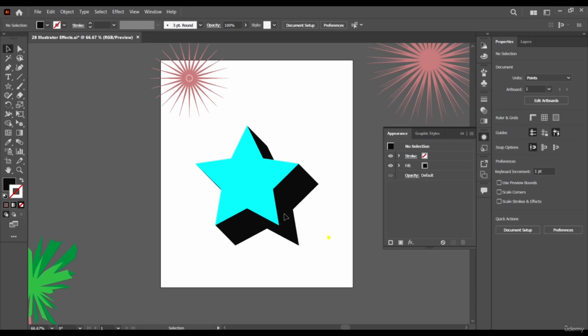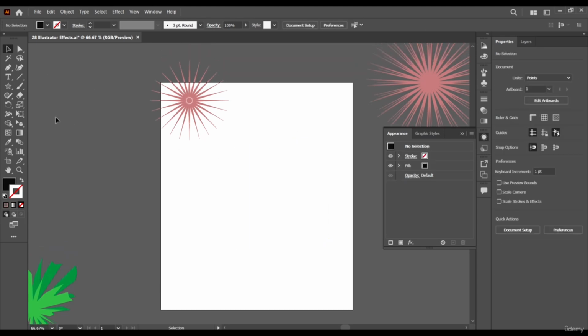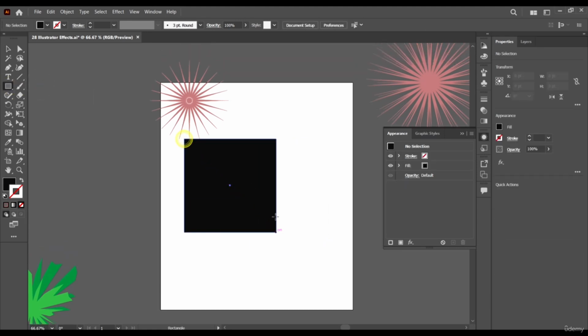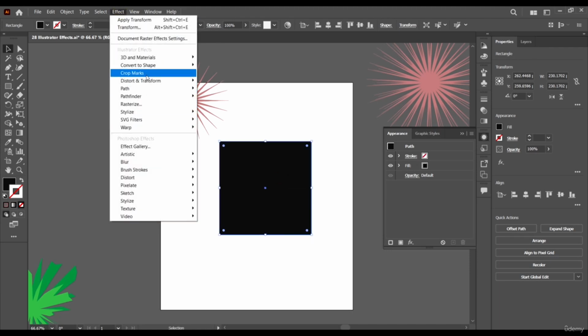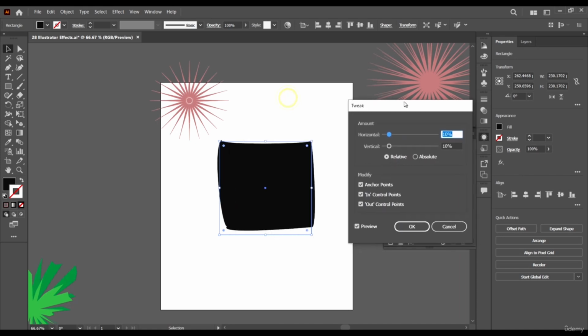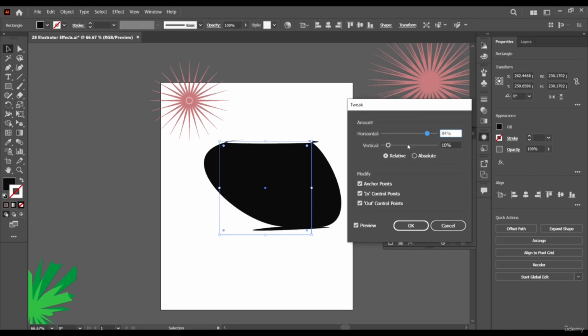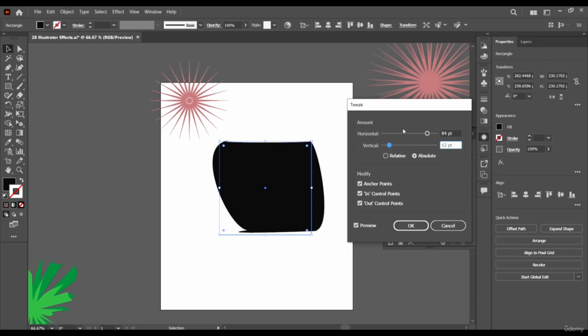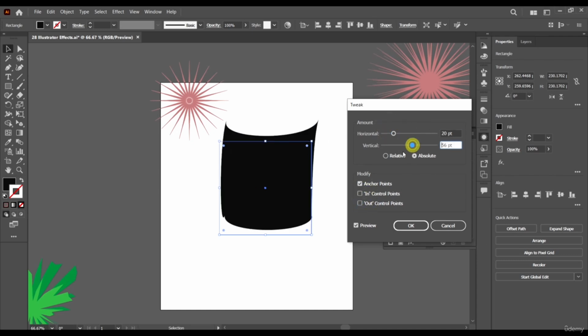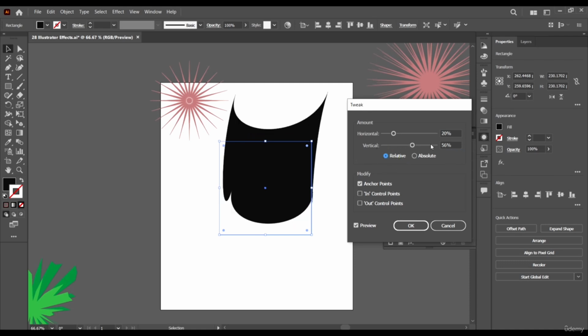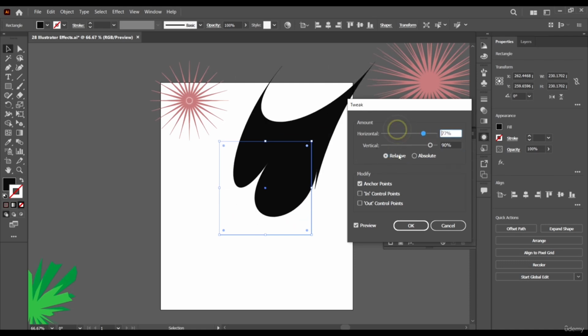Okay. Select all and delete. Come and get another shape. Effect, distort and transform. We have this guy whose name is tweak. It enables us to tweak our shape like this. Some of these just do crazy stuff, right? You can see the options it gives us. I have never used this effect, but you might have a need for it.